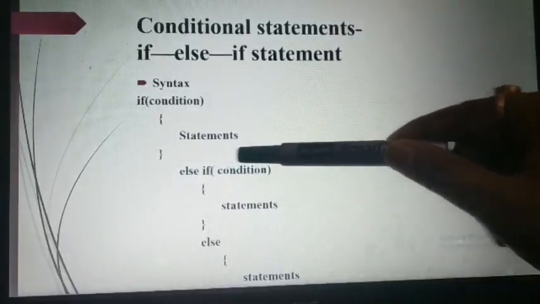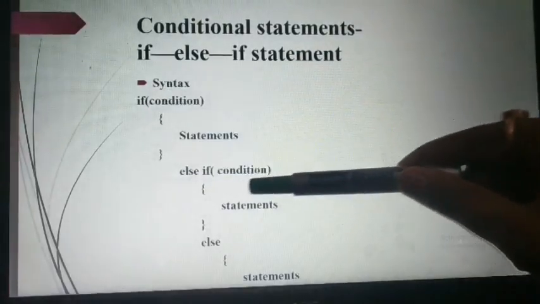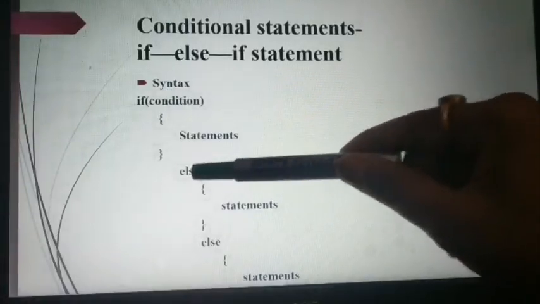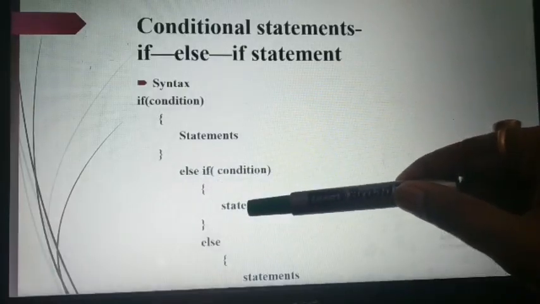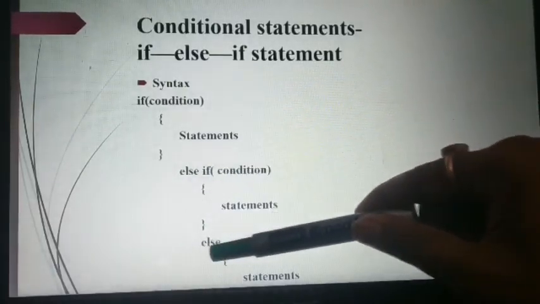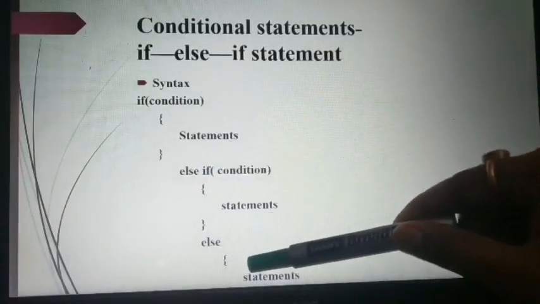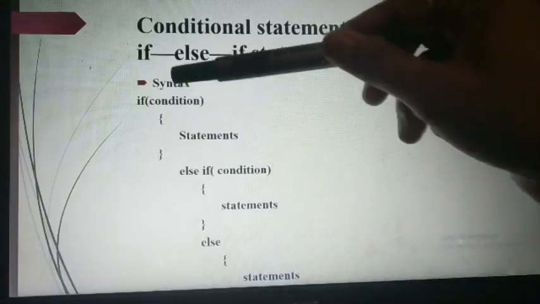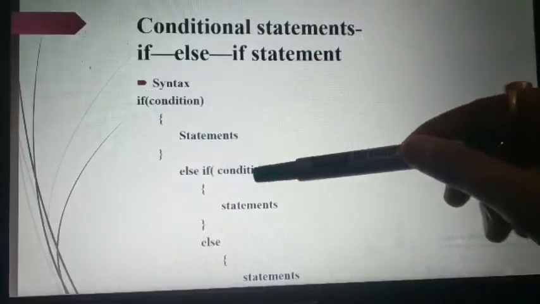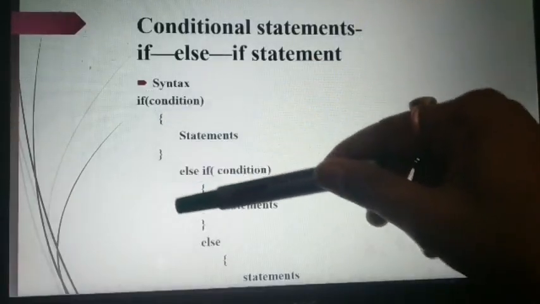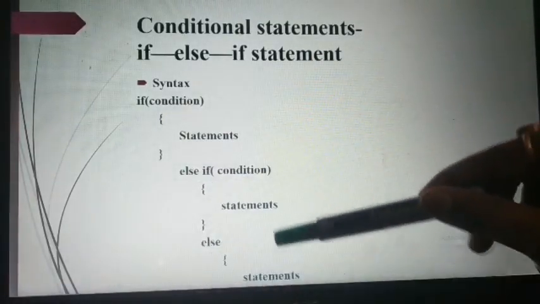Else further contains a condition. So now the condition will be checked on the basis of this if, and if the condition again gets true, if will allow control to go in the if block, otherwise it will go to the else block. This way the control passes from one end to another. Condition gets true, so if block. Condition gets false, so else if block. The else if block condition is checked. If the condition is true, the else if block statement will run. Otherwise the else block statement will execute.